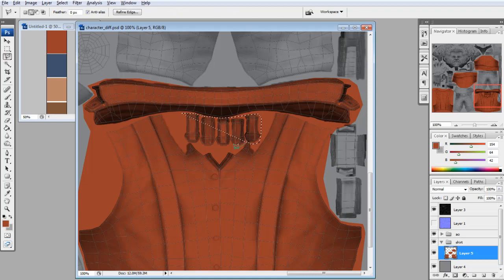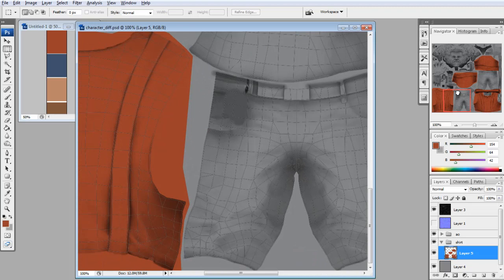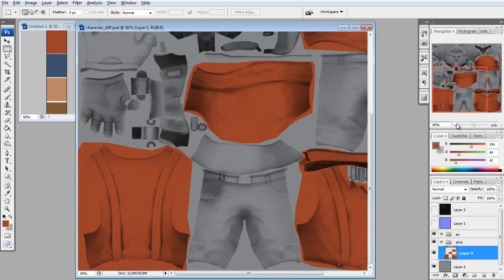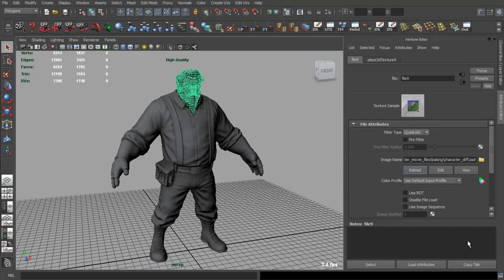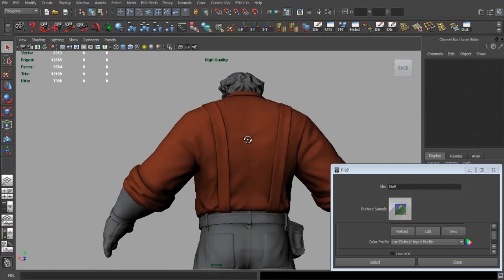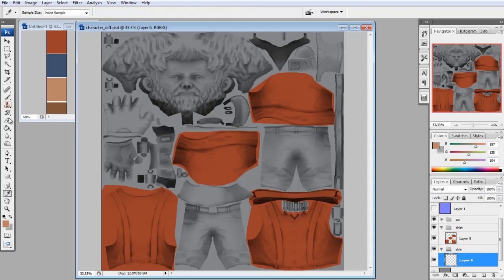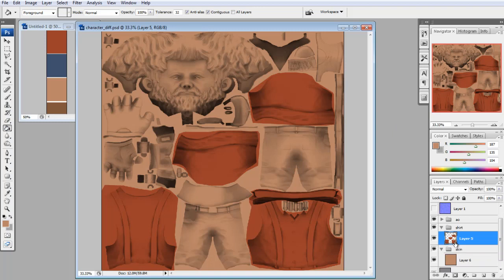So right now we have to cut off this part because these little details will be probably blue, because this is a part of the jeans. So we are refreshing, and now you see our shirt is red. We always have to check that everything we want is on this color. Make sure that nothing else has this red